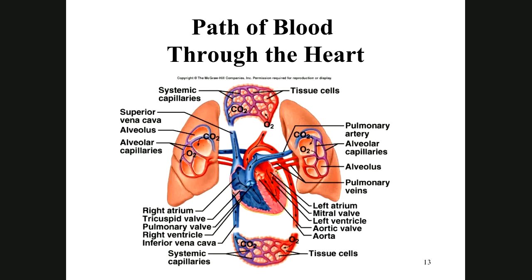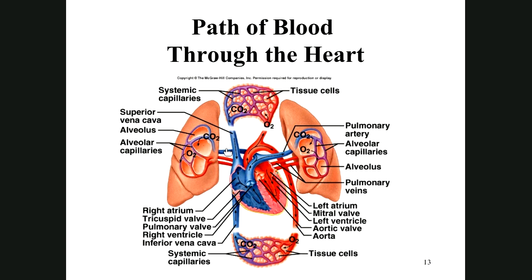Good. So everything's clear. One other question I like to ask is that you have to know the direction of the blood flow to the heart, the right order. Blood from the superior vena cava and inferior vena cava goes into the right atrium, right ventricle, through the tricuspid valve, into the pulmonary semilunar valve, pulmonary trunk,